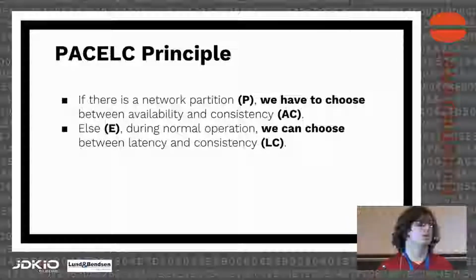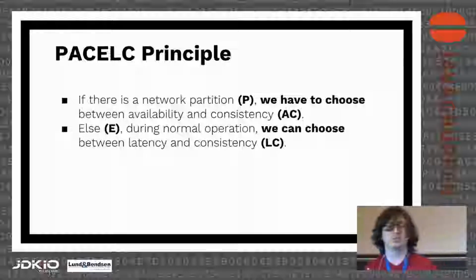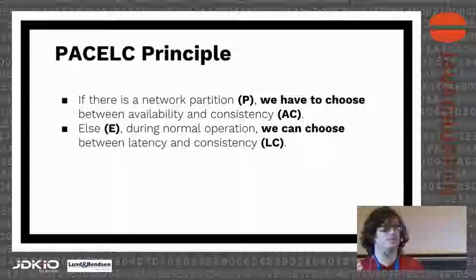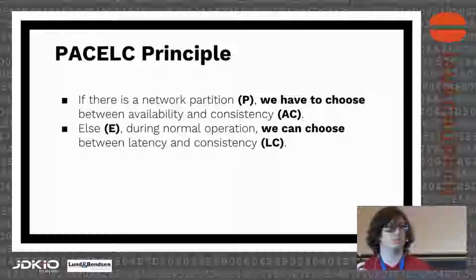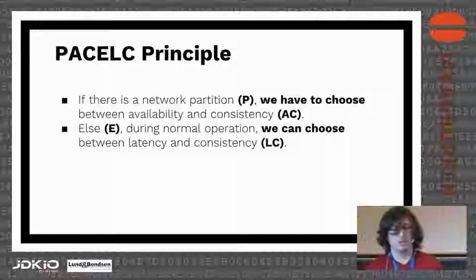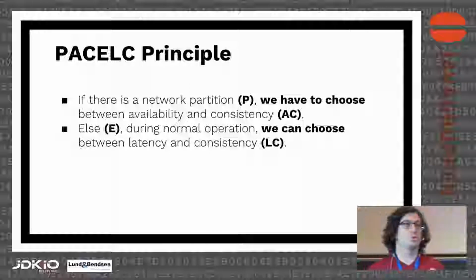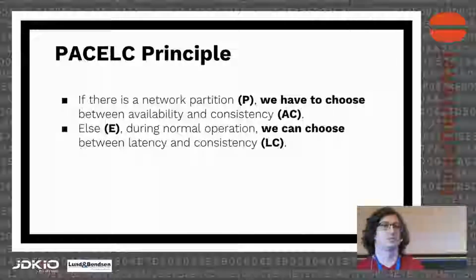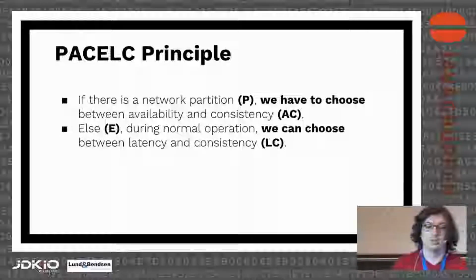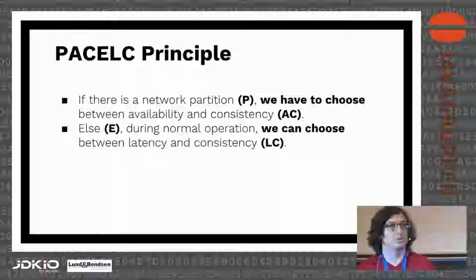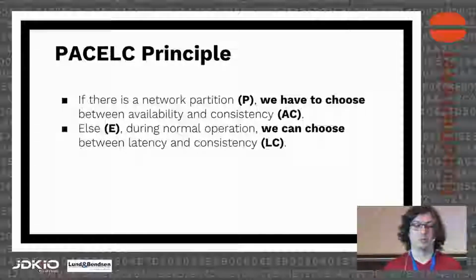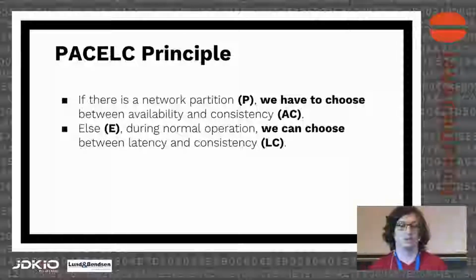So first, if there's a network partition in the system, we have to choose between availability and consistency. So this is the PAC part. It is the same as CAP, just the letters are inversed. And else, when there is no network partition and the system runs under normal conditions, we can choose between latency and consistency. So this is the optional part. And I guess PACELC is not as popular as the CAP principle, but it is very useful for classifying distributed